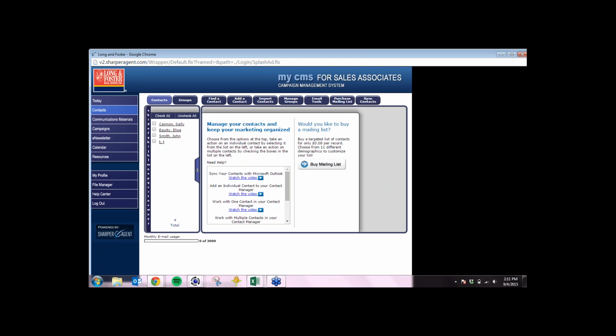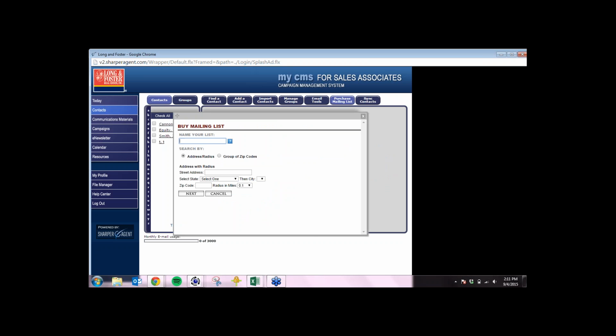Now I really want to market in my own neighborhood, right? Like I want to create a farm. That's a great idea, especially for a newer agent. And purchasing a mailing list through our system is a really great deal because it's 8 cents per contact. Once you purchase it, it's yours for life. So if I wanted to do my neighborhood,